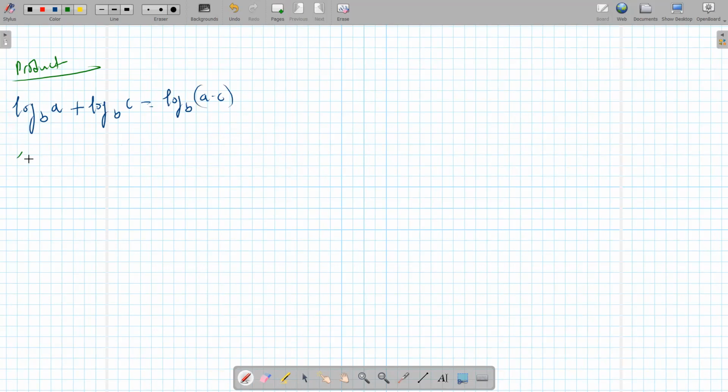An example would be like log base 3 of 2 plus log base 3 of 8. You simply multiply those two, you'll get log base 3 of 16. This is the product law. And then